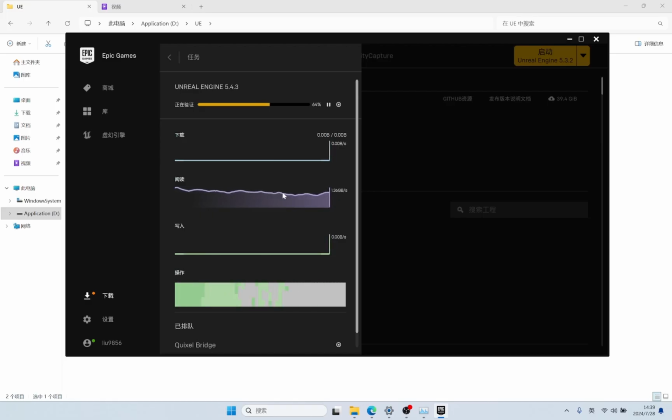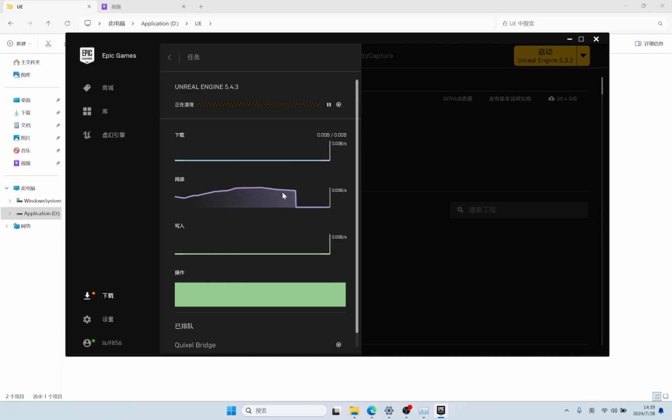Because the solid state drive here, the second drive, is PCIe 3.0, it's a little slower. If your second hard drive is also PCIe 4.0, it will be faster. After it completes the verification, it will clean up accordingly. If it detects that you are missing some downloaded resources, maybe the resources you imported are incomplete,